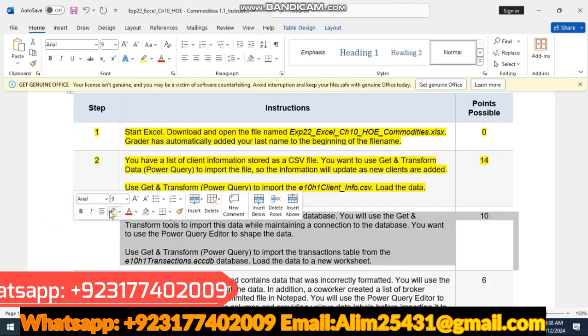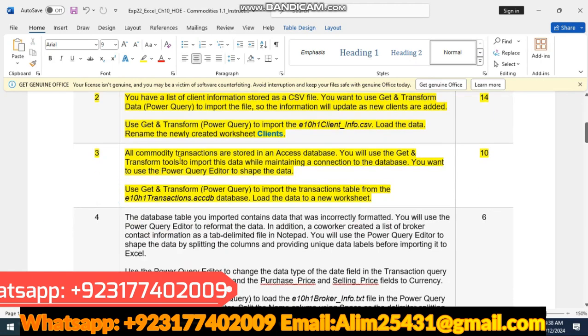Our third step is all commodity transactions are stored in the Access database. You will use Get and Transform tools to import this data while maintaining a connection to the database. You want to use the Power Query Editor to shape the data. Use Get and Transform to import the transaction table from the E10 transaction database and load the data as a new worksheet. So we will go to the